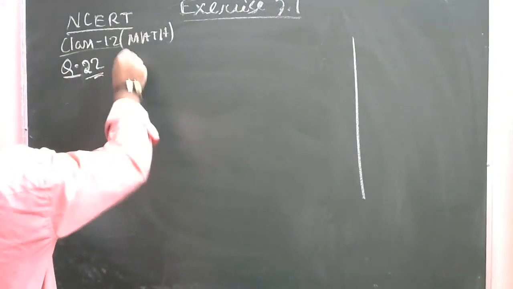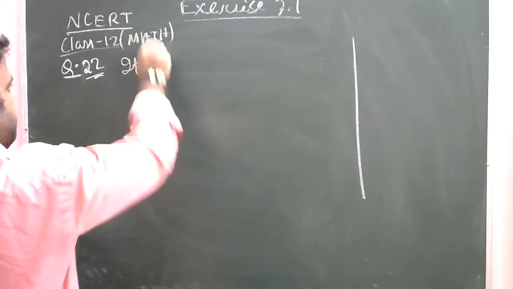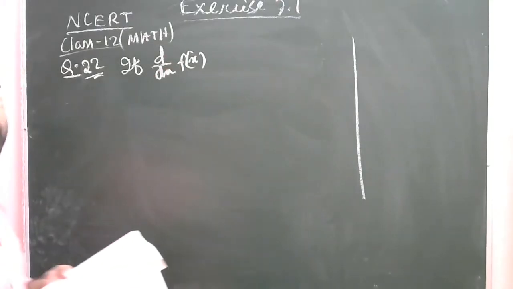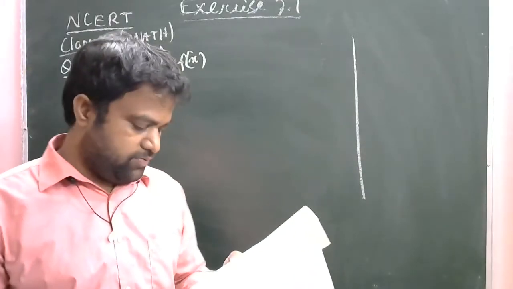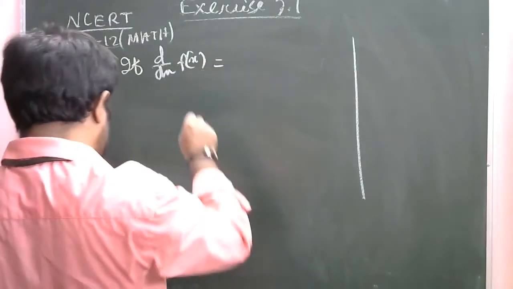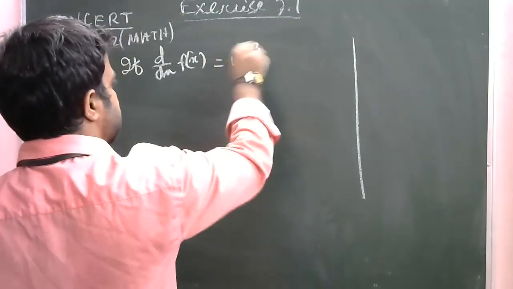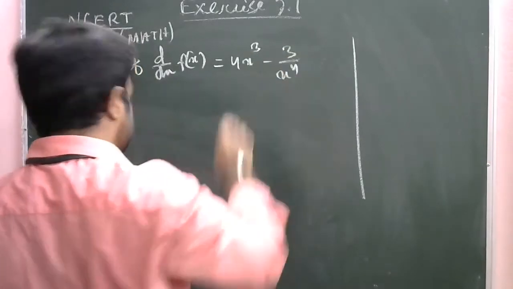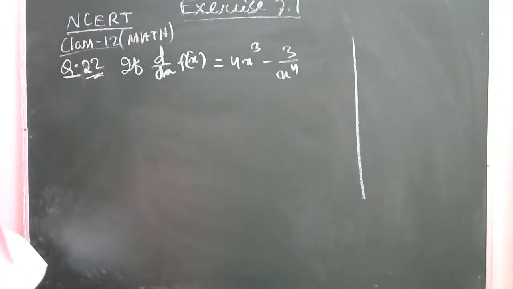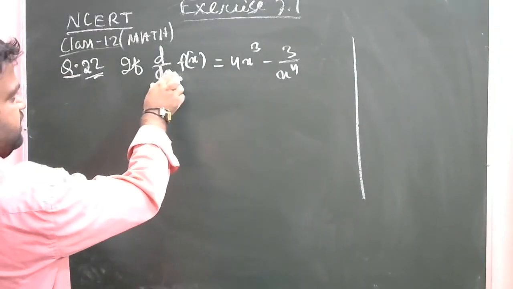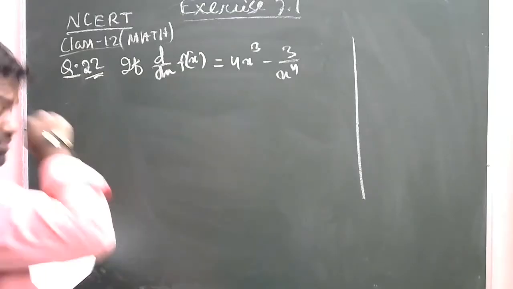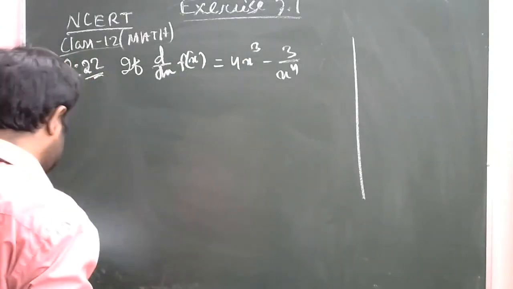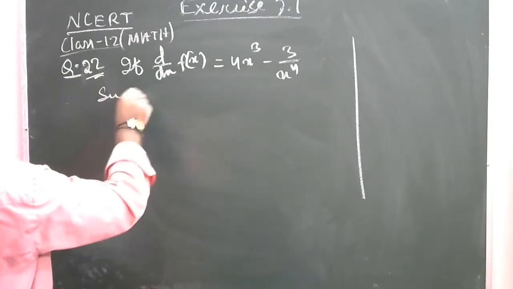So if d by dx of f of x, the derivative of f of x, is equal to 4x cube minus 3 upon x to the power 4, if you find the derivative of this function you are getting this one. That means the integration of this one will give you f of x, and a condition is given such that